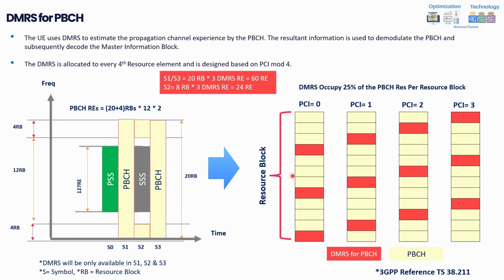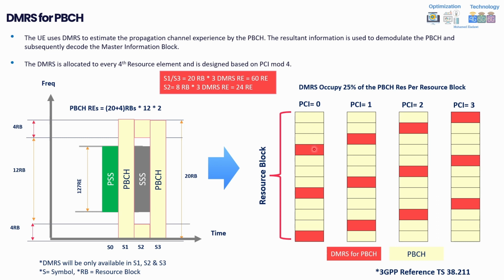So in total, this is the figure we have. For example, let's assume that these are different cells. I'm assuming now we have the first cell here, which is PCI, for example, 0. Assuming this is a fixed location, the DMRS is allocated within a fixed location within the symbol. So within the broadcast channel, the DMRS will be allocated, as you can see here, every 4th subcarrier. Accordingly, this means it's only occupying 3 resource elements within the symbol, which is 12 by 12, meaning 3 divided by 12. This means it's only occupying 25% of the resource elements.